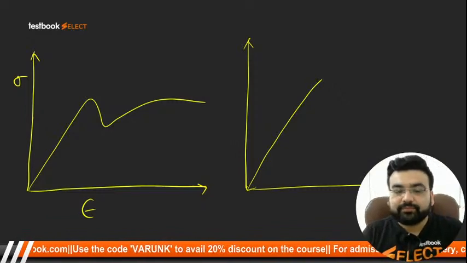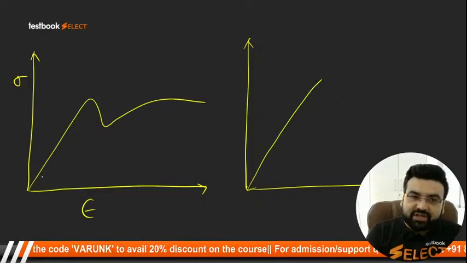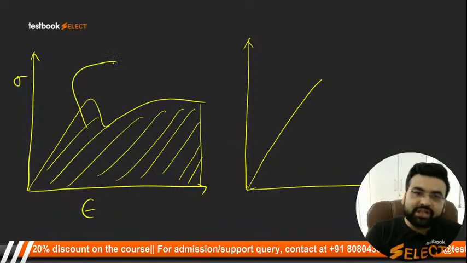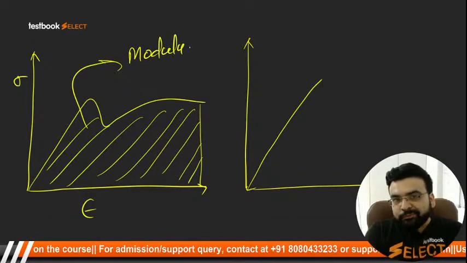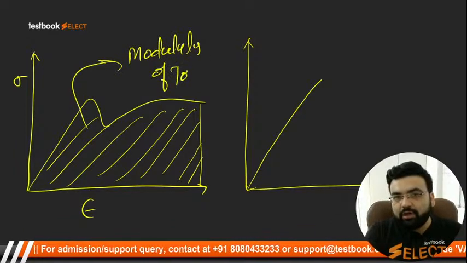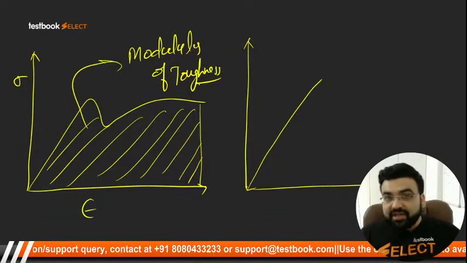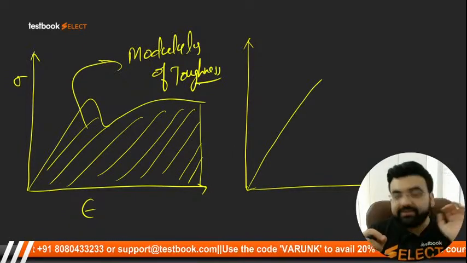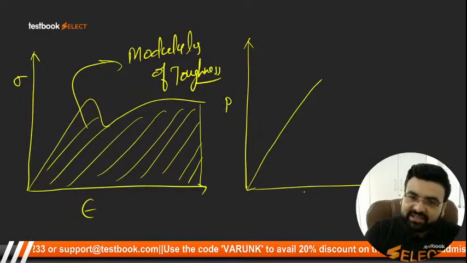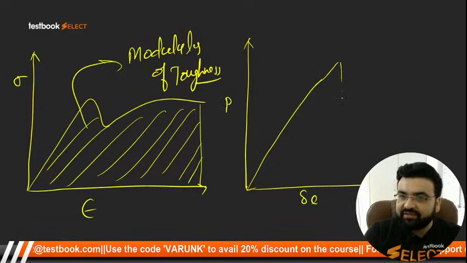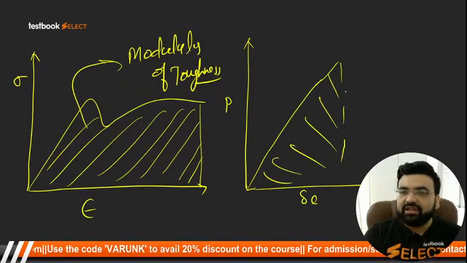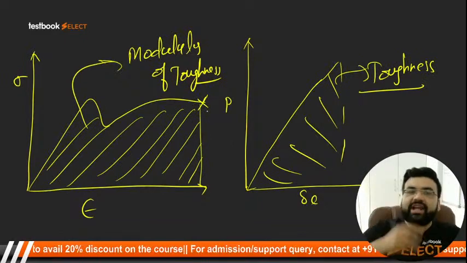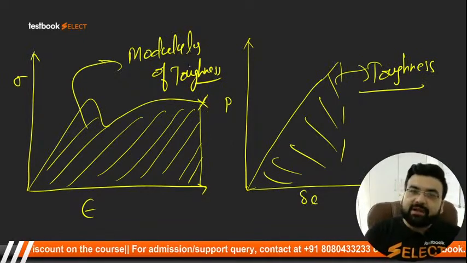Clear? Now students, अब जरा देखिए, अगर आप इस स्ट्रेस वर्सेस स्ट्रेन कर्व का एरिया निकाल देते हो यहां तक, this is what is called as the modulus of toughness. अगर आप स्ट्रेस वर्सेस स्ट्रेन कर्व का एरिया निकाल देते हो up to the fracture, that is called as the modulus of toughness. और मान लीजिए कि ये आपका लोड वर्सेस डिफॉर्मेशन कर्व है, और इसका अगर आप एरिया यहां तक का निकाल देते हो, that is what is called as the toughness. कहां तक का? जहां तक वो फेल नहीं होता, फेलियर तक का, रप्चर तक का.